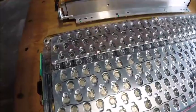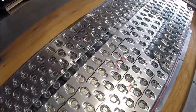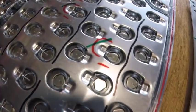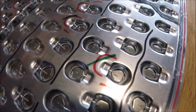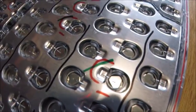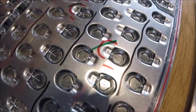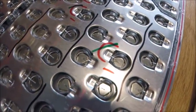This one has 2, and this one has a lot more than 2. So what that actually means is that it didn't pass the quality control, and if you look carefully you can actually see that there was one wire there prior that they've removed. So there's an additional weld spot in there, and it didn't pass quality control, so they've marked it, redone it,